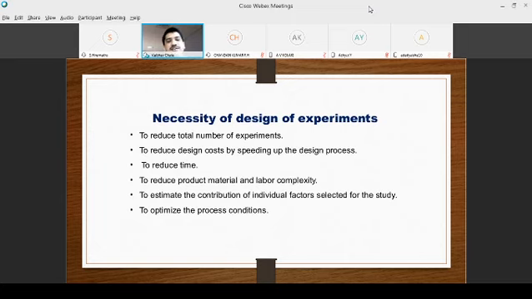They might have reduced the number of experiments. That means the cost of experiments and the cost of spending on R&D work has been reduced, because of what we'll be discussing again in the coming slides. Because of this reduction in the number of experiments and test results, they could achieve the results within the least time, and they have not compromised on quality. If you check any Japanese product, they will not be compromising on quality.